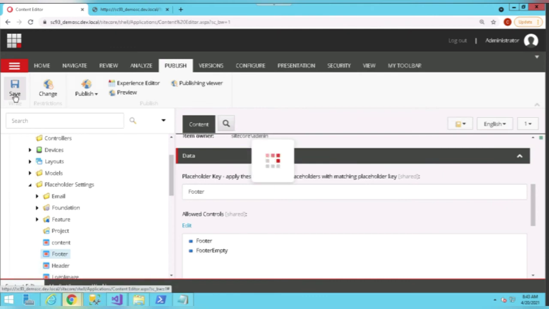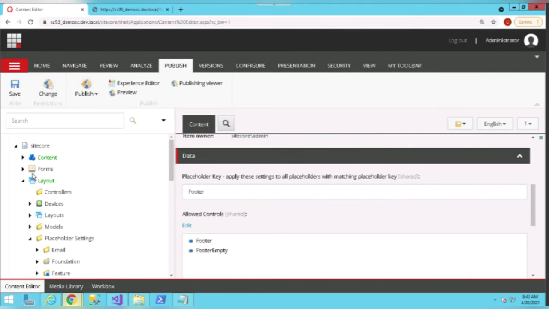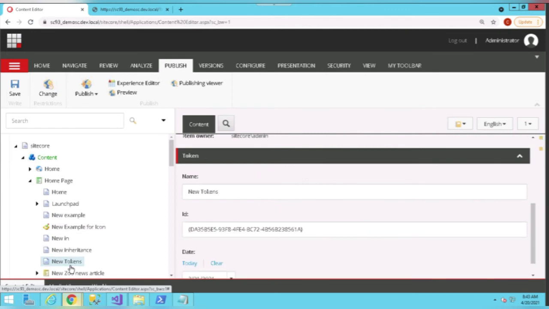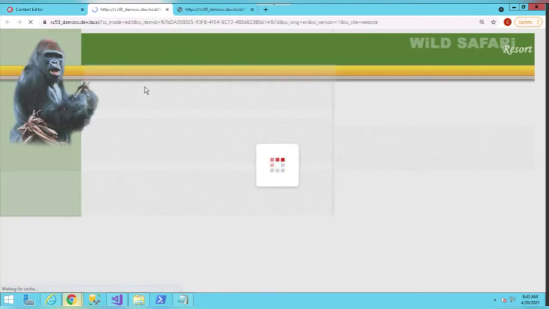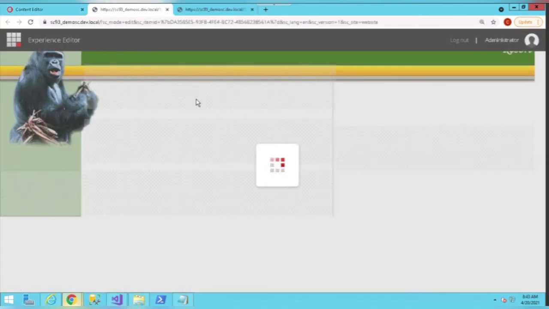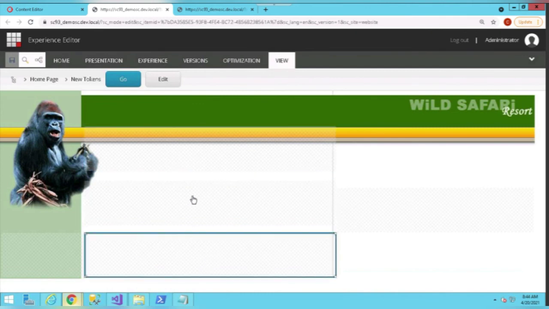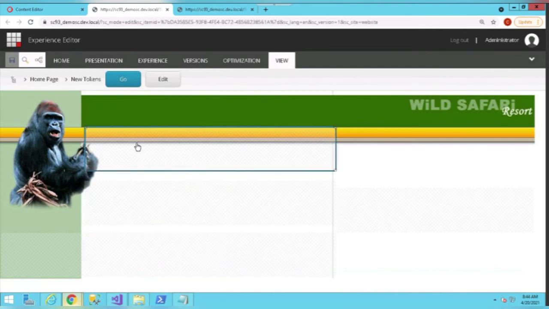For example, if I want to add any rendering in that placeholder, then I must have only some particular set of renderings available. Let's click on the Experience Editor under the Publish tab, and we have all the placeholders that we have placed in that layout. Let's see the names of the placeholders.